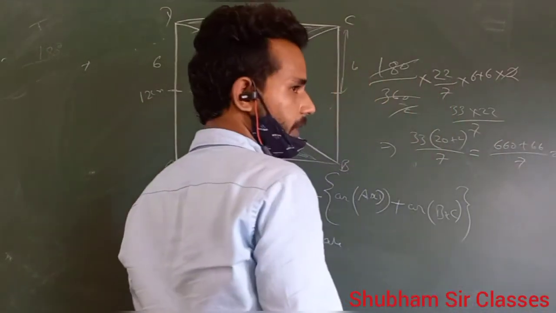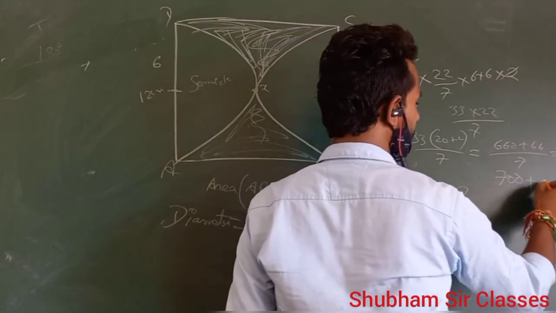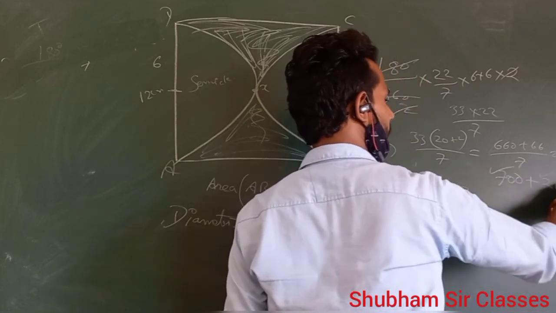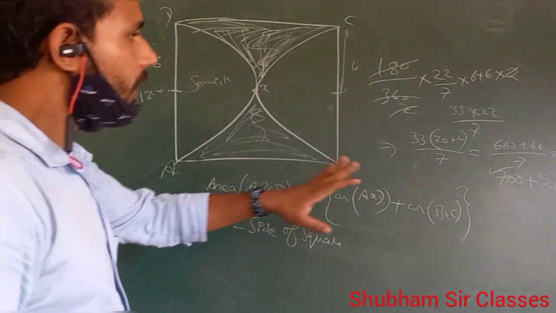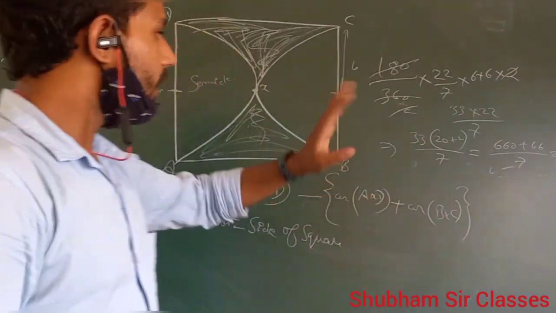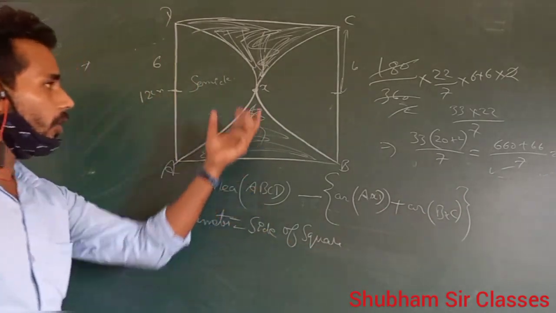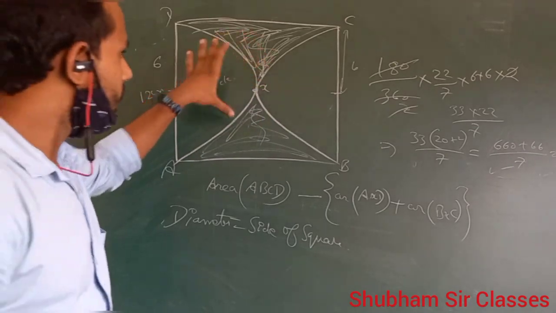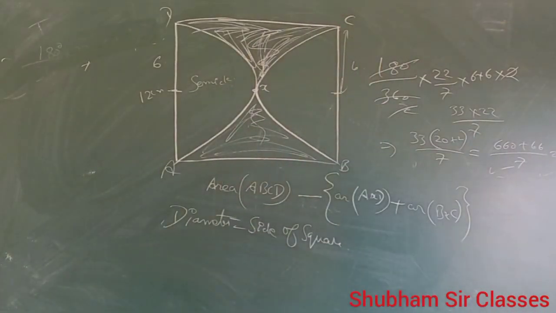Is it divisible by 7? No. Why? Because we can write the number as 700 plus 21 plus a remainder, so 700 and 21 are divisible by 7 but the remainder is not. So the complete number will not be divisible by 7, and we have the answer in decimal. In this way, this is the area of these two semicircles. Now we find the area of the square and subtract the area of the two semicircles, and we will get the area of the shaded part. In this way you have to solve this exercise, that is exercise number 12.3.